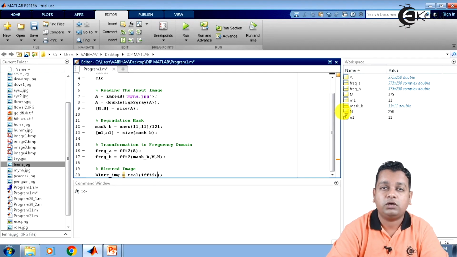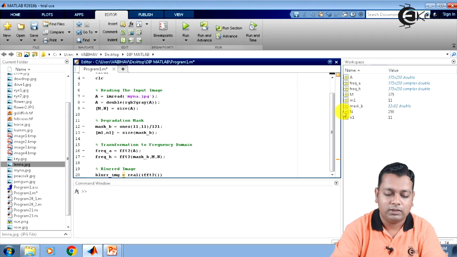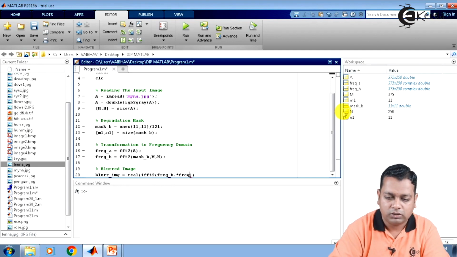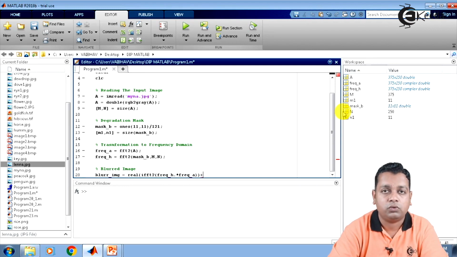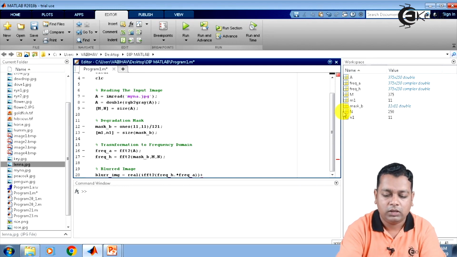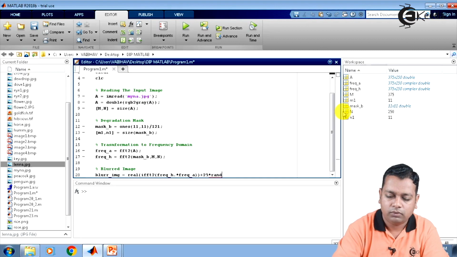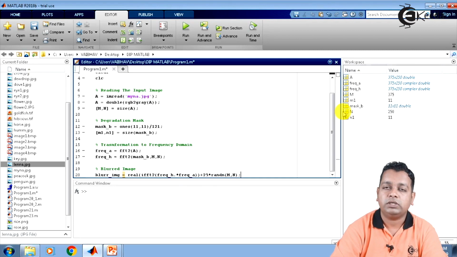As we know, the convolution in the spatial domain is simply the multiplication in the frequency domain. So the variables in the frequency domain we just computed are freq_h, with dot multiplication with freq_a. The addition of noise, that is AWGN, should also be there. This time we shall use 25 in multiplication with the random type for the same dimensions capital N comma capital N. So AWGN is added here.